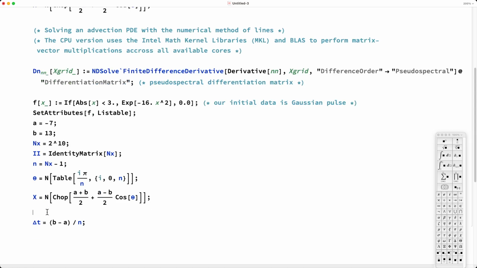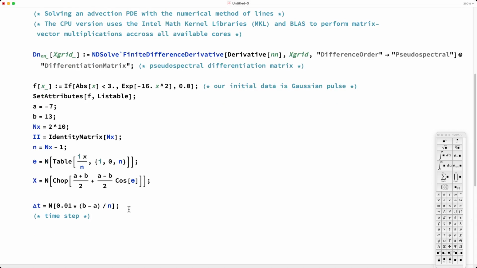Okay, so we're going to run into trouble because we'll have a Courant limit, which we will discuss later. But for now, let me first convert this to a number and multiply it by a small factor. This will ensure that the time step is small enough so that the code is stable. You can always play around with this number, try to increase it and see if you get instability, and we will describe how to choose this factor here. Okay, so that's the time step that we've chosen, and then